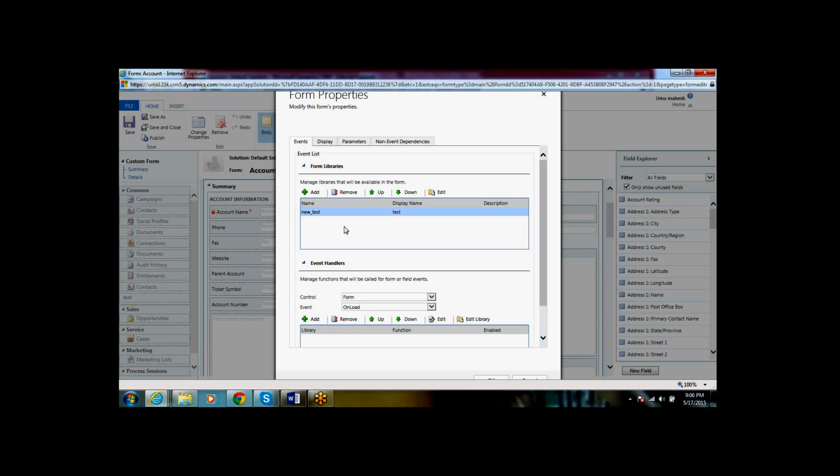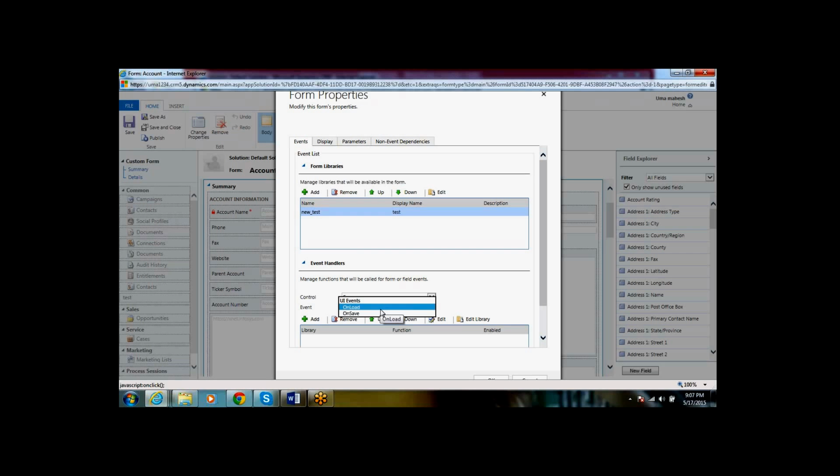Here we have to attach all the JavaScript web resources first. Here we are able to add the JavaScript libraries, and if you see the form level events, for the form we have only two events, onload and onsave.